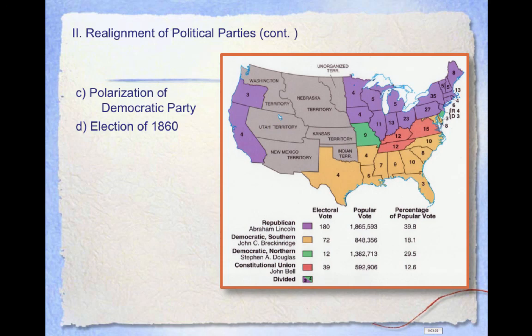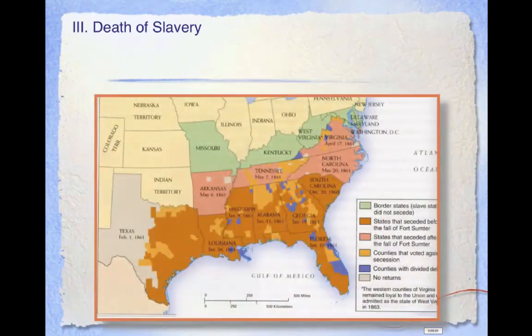Secession, meaning states leaving the Union, was only weeks away, and the Civil War would follow shortly thereafter, with a Confederate attack on Fort Sumter on April 12, 1861. Military events of the Civil War are too numerous for us to cover in this lecture. Instead, we will focus here on steps directly related to the end of slavery.